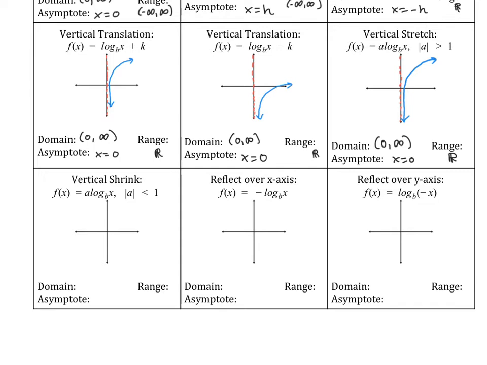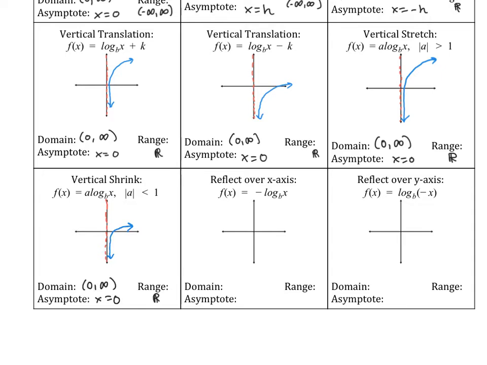Again, we're not shifting anything, it's just kind of like our graph has been compressed down. So maybe it looks something like this. Again, it's a little bit hard to tell just by looking at the graph. So all of our y values have essentially been cut in half, or whatever the shrink factor is. So since it hasn't been shifted left or right, our asymptote is in the same spot, and our domain and